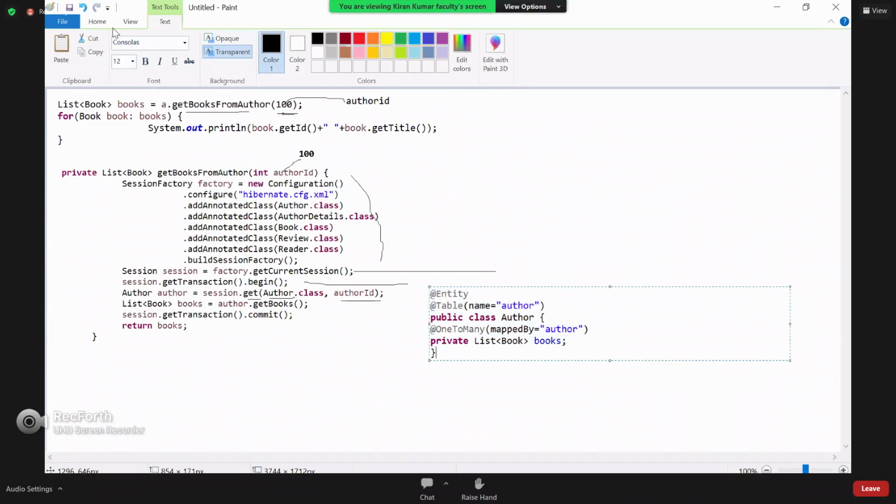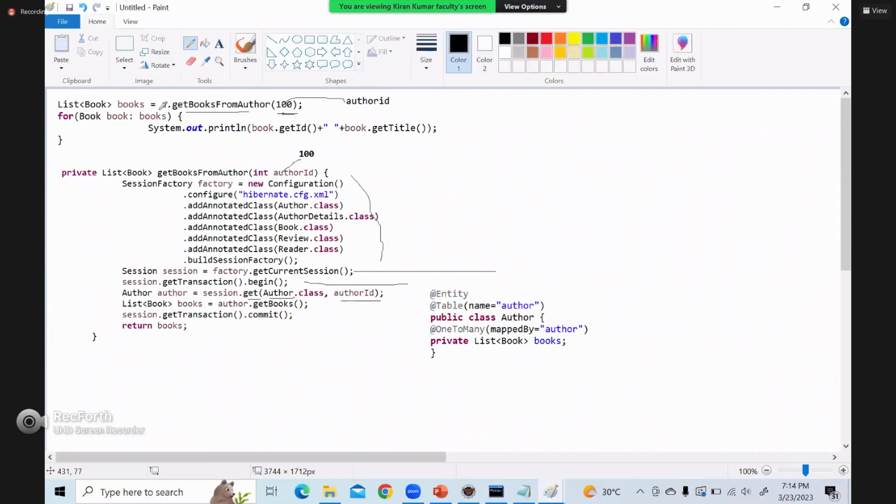Now, whenever you are trying to get these by passing author ID, it will fetch these books also